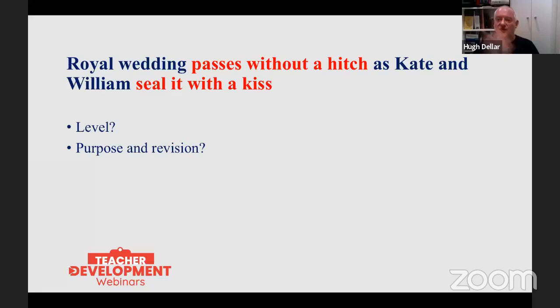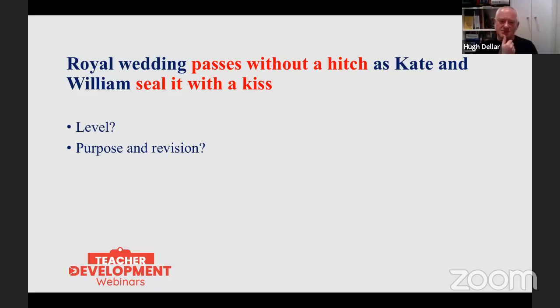They then read through the article and they had to find out, were you right? Guess what? They were right. This kind of went on for like half an hour, with the teacher having to explain lots of random bits of vocabulary, like what does hitch mean? What does seal mean? And afterwards we were talking about the lesson and I said, I was quite surprised you tried this text with this level class.